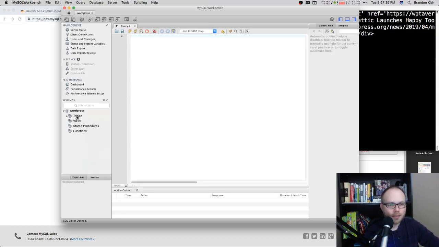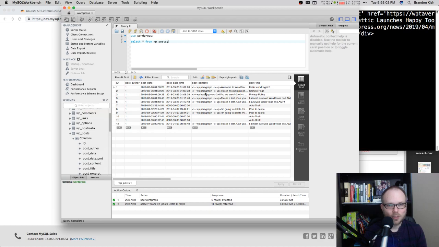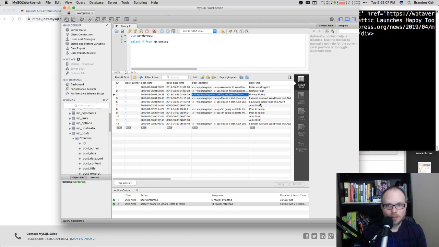And over on the left-hand side, you can actually see your databases that are available, and then see the tables that are available, and then see the fields that are available. And I'm pretty sure if I were to start typing, I'd have to type use WordPress, and then I would have to write a command like select star from WP posts. And if I click this little lightning bolt icon, it runs the query, and you'll see that it returns in like a little spreadsheet view each of the data values, and you could copy and paste and edit from here.